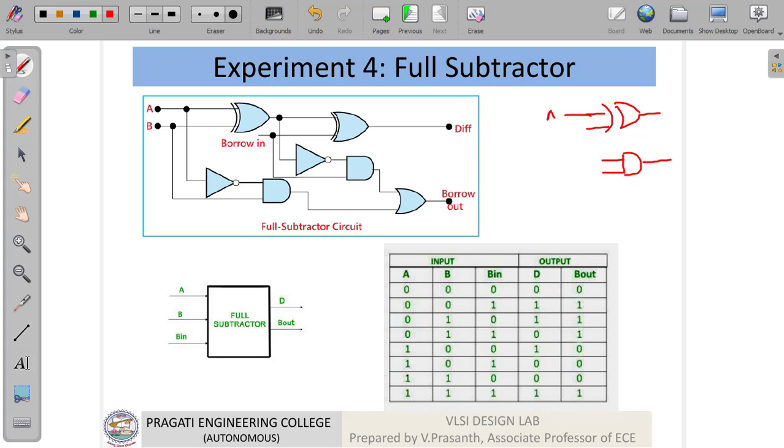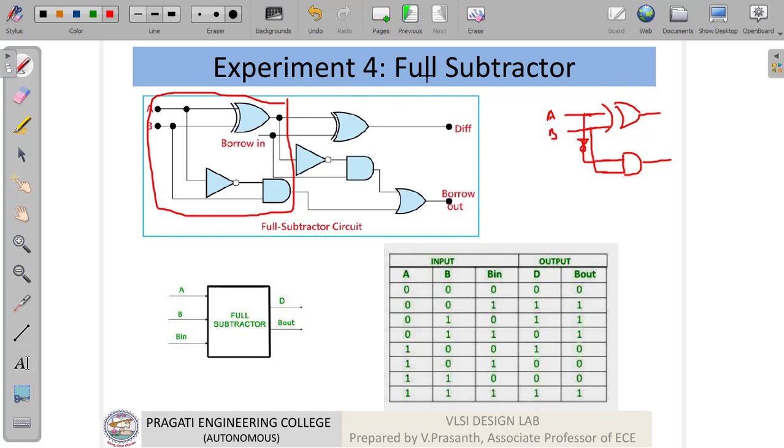So if you take A and B as inputs, this is the half adder expression. Now this half adder can be converted into a half subtractor by simply placing an inverter across the AND gate. Then it will become a half subtractor. If you see the circuitry here, we have one half subtractor which I have described: an exclusive OR gate and an AND gate, where A is complemented here.